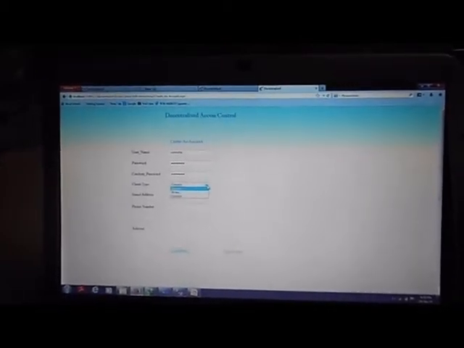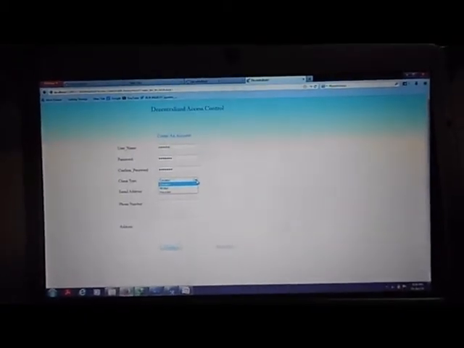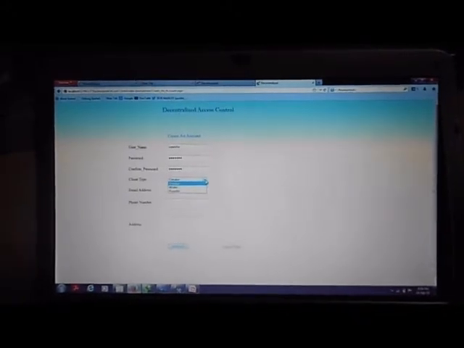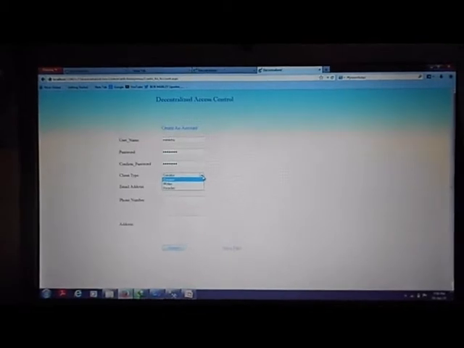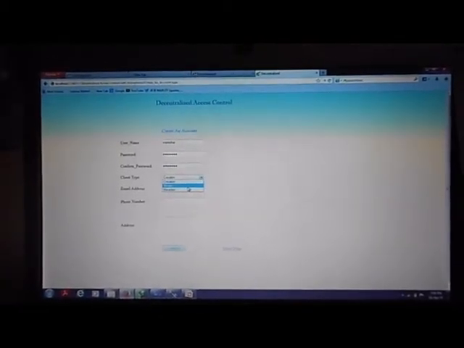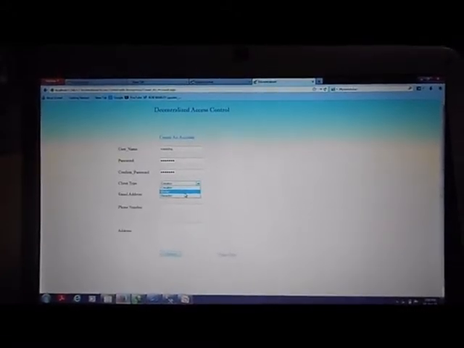We have three kinds of users: the creator, writer and reader, and all three kinds of users have different duties in the project. The creator can create the files, like a Google Drive, where the creator can upload the files in the cloud. The writer can write as well as access the files which are already available in the cloud, and the reader can only access the files which are already available in the cloud.